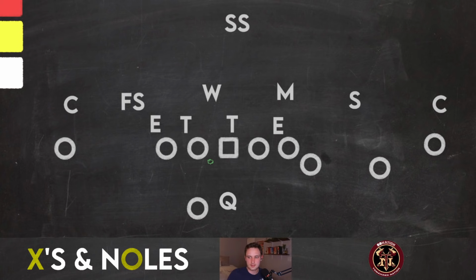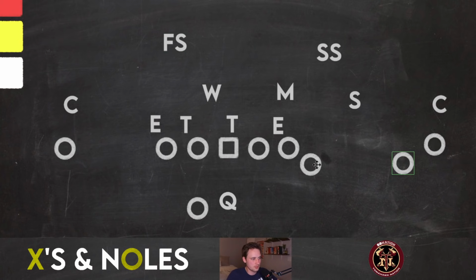So on defense, where I really want to spend a lot of time talking about, defense, you saw a lot of this. In the first half, Miami had almost nothing going for them. The only thing Miami had going in the first half offensively, mostly because of picks and fumbles, was they would spread Florida State out wide, and you could see that